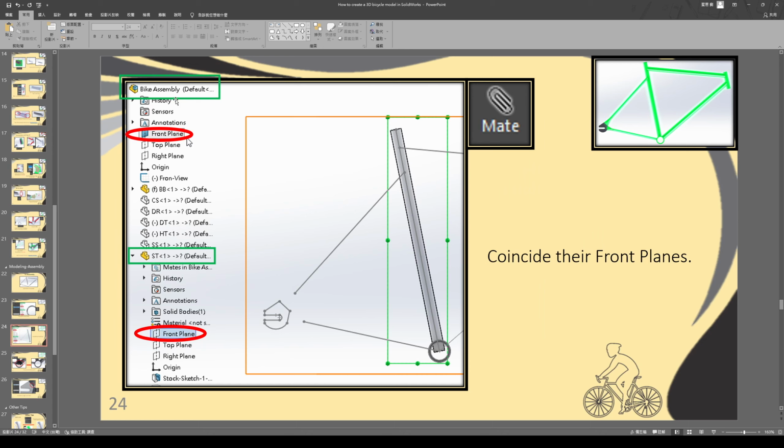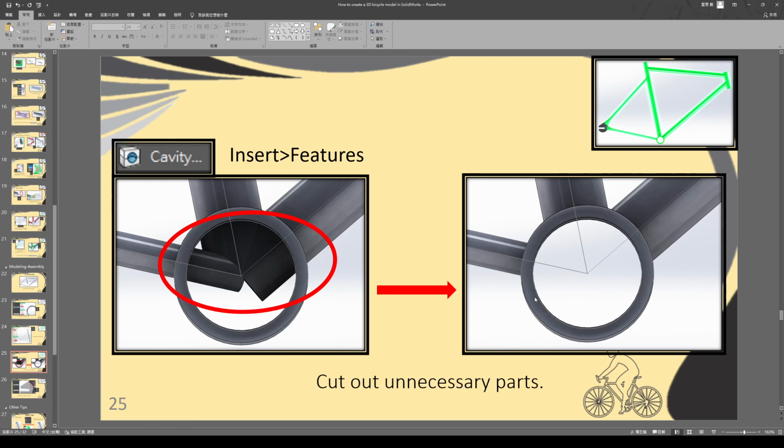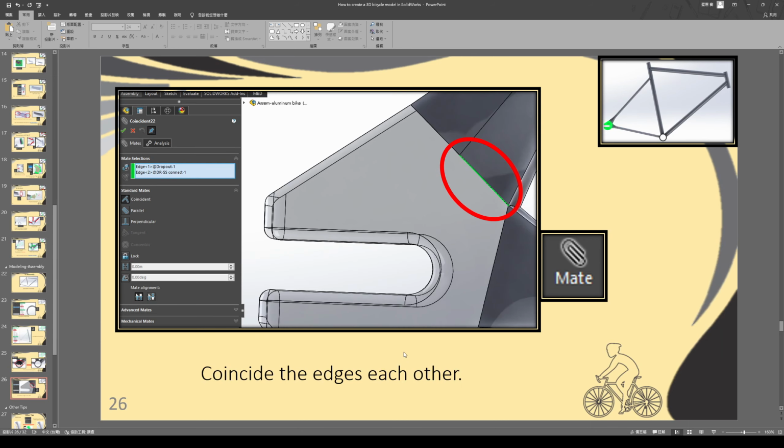Let me remind you again, they are different. We can use this function, cavity. It can cut out the part you don't want. Then assemble other parts. Make sure they are fixed. You can refer to any object. In this case, I use the edge.